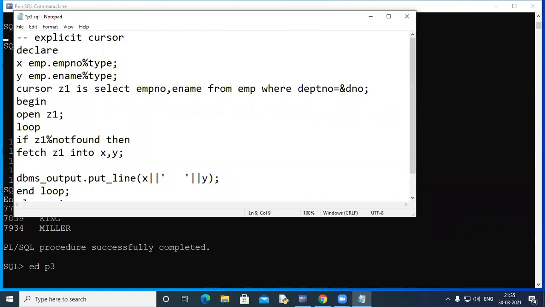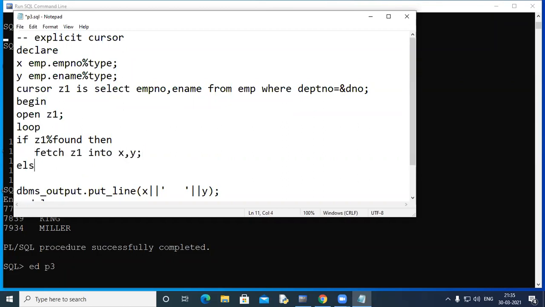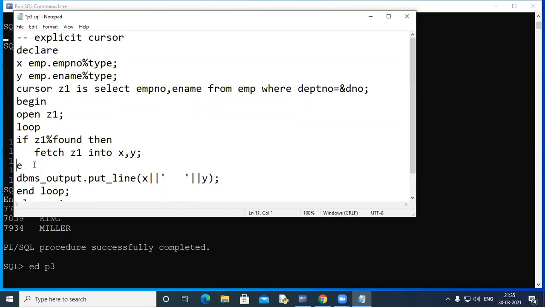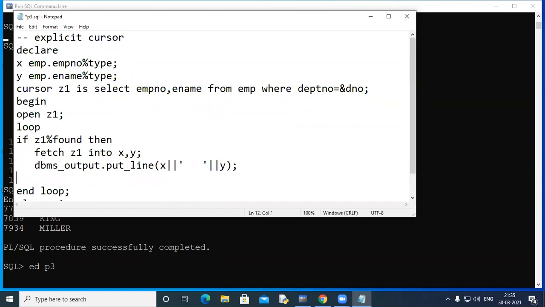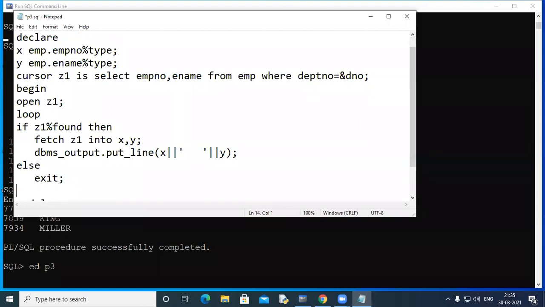If Z1 percentage found, that is, if the cursor finds rows, then you fetch them. Just indent it like this. Else you can write here fetch and display. And else you can exit. You can just nest this also. And then you need to write end if within.